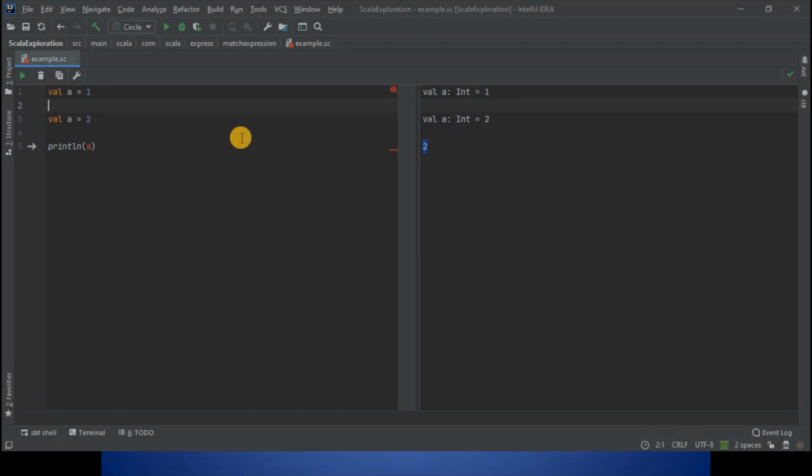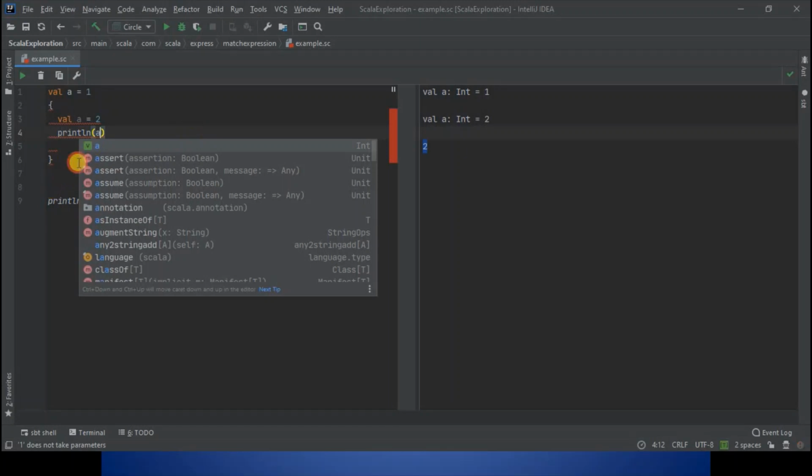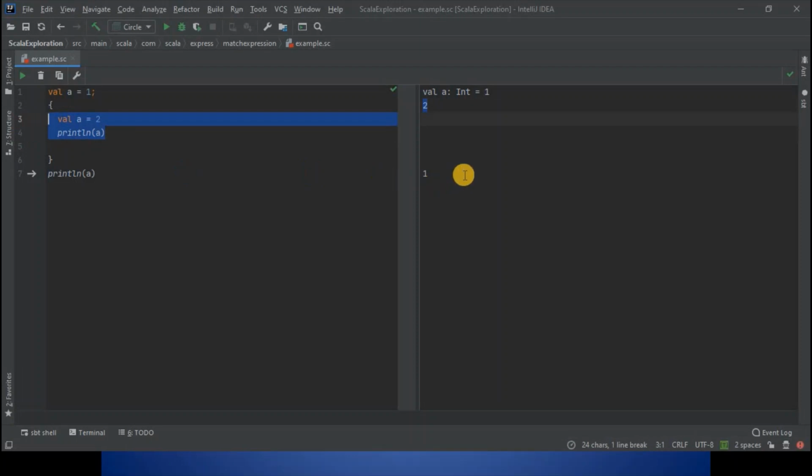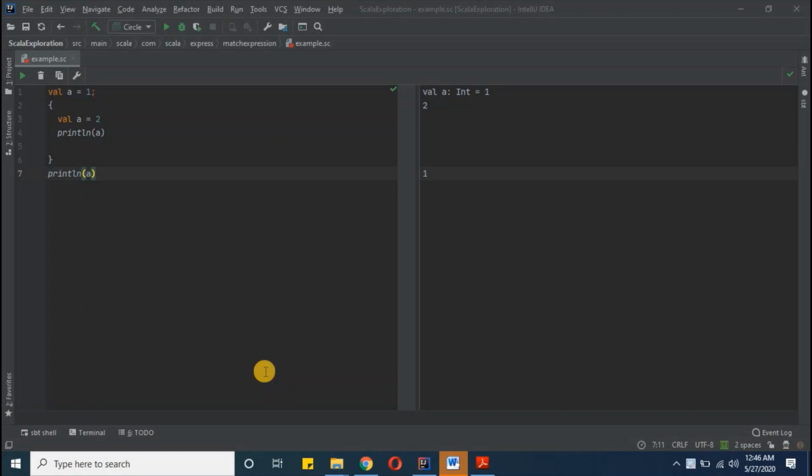Now how can we write our code if in case we don't want it to overrule any value. So here we will define val a again, and here I'll keep println a, and outside of this we would like to keep a semicolon here, and our compiler will be just fine with it. And now we are getting 2 as we expected out of this block, and then we are getting 1 as we expected out of this println statement. With this example, we complete the match expression topic.